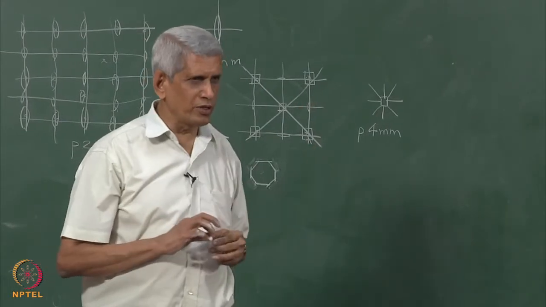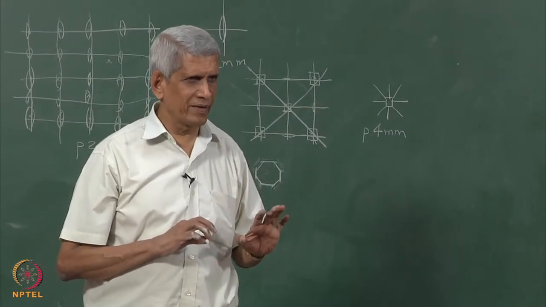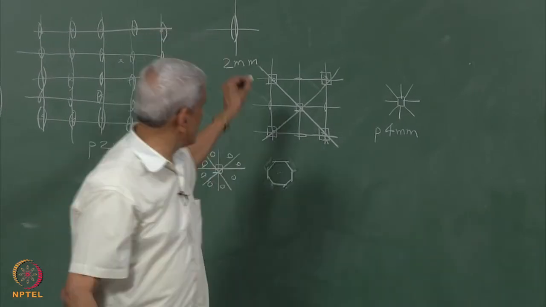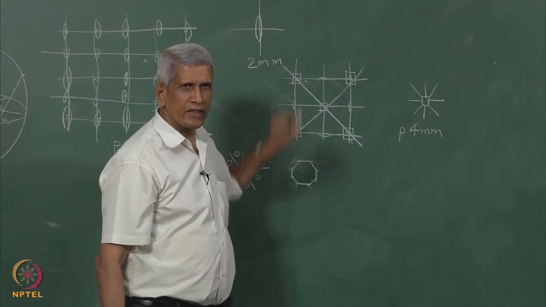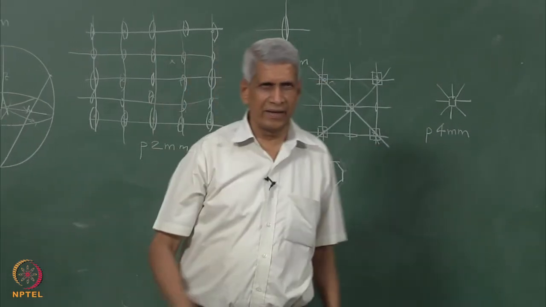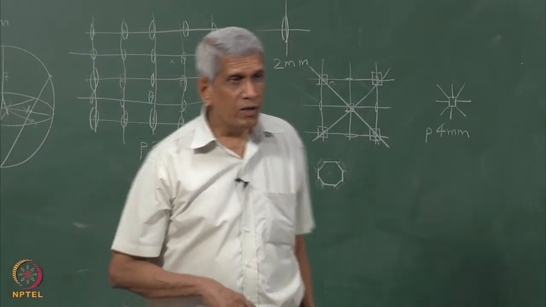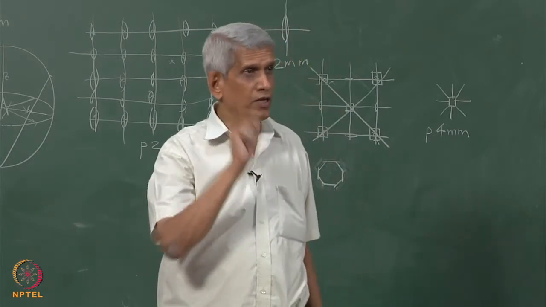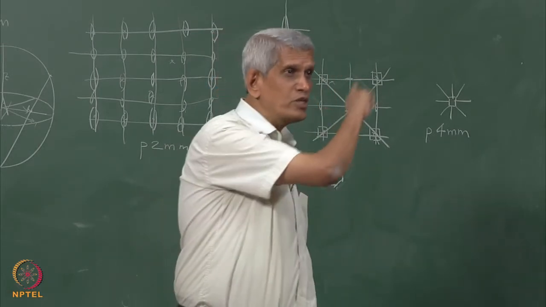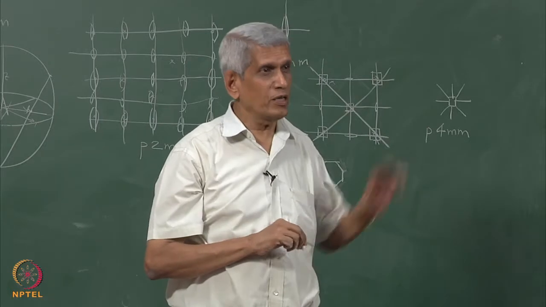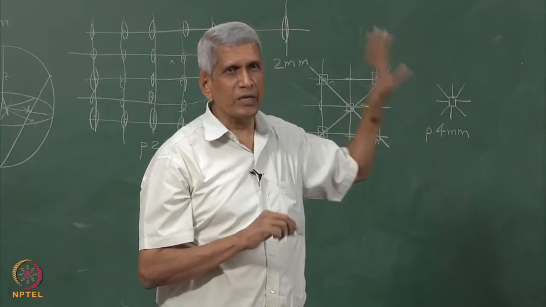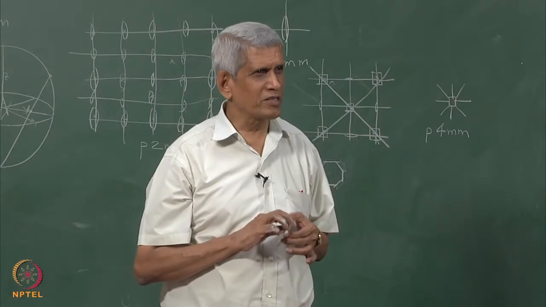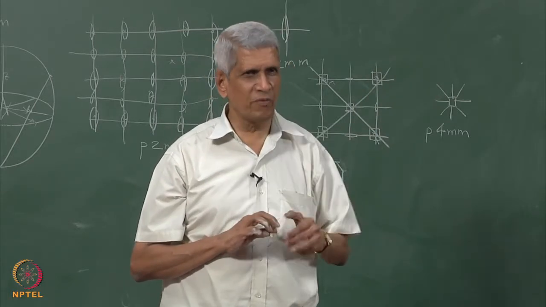Suppose I keep the motif in such a way, okay, that instead of keeping it here, suppose I keep this motif somewhere here, then what will happen? Because I am putting it at a point where it is one fold, then at 8 positions around that it has to be kept. Even though it has the full symmetry, it has to be kept to satisfy the complete symmetry. You understand that? That is a point which I want to emphasize.